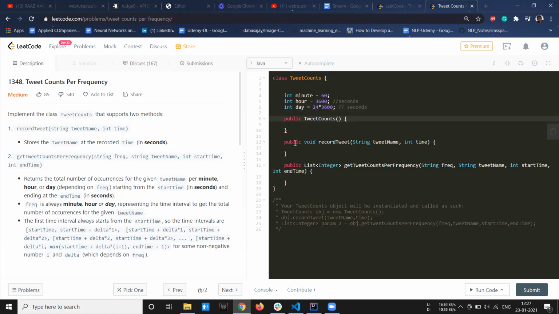How would you store it? Which data structure would you use? We have to store its time, its frequency, and the tweet name. So I think we will need to create another class, like a data holder class, such that we can